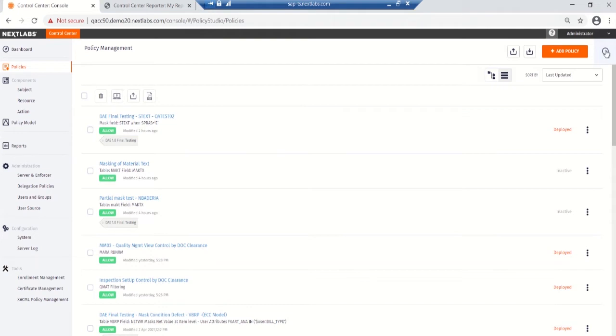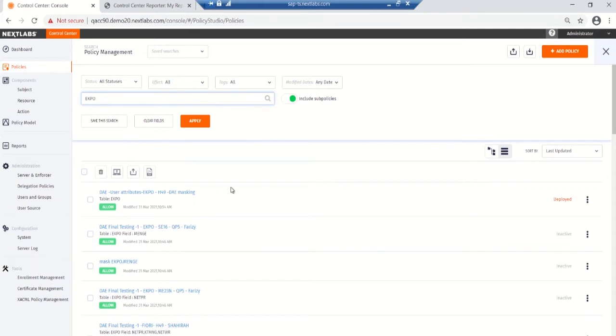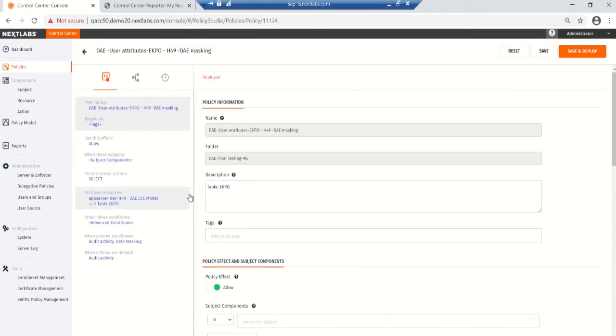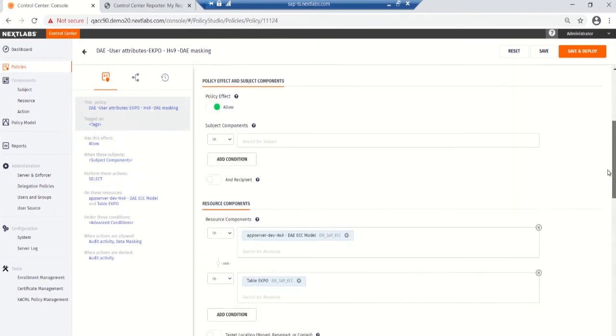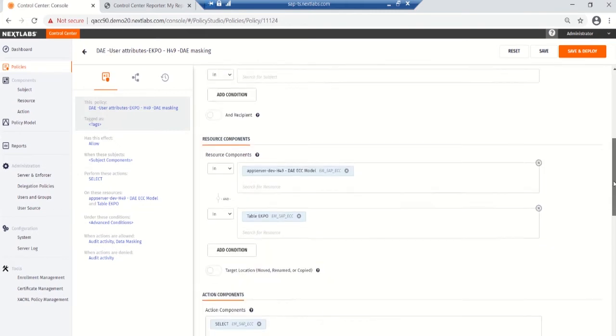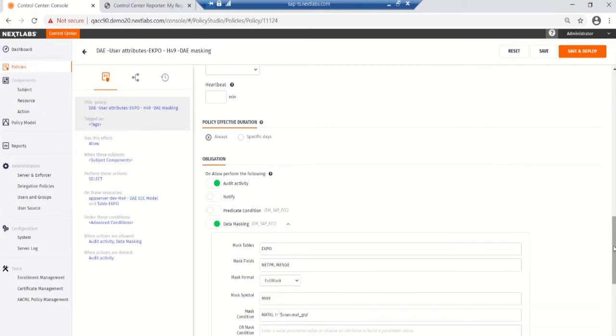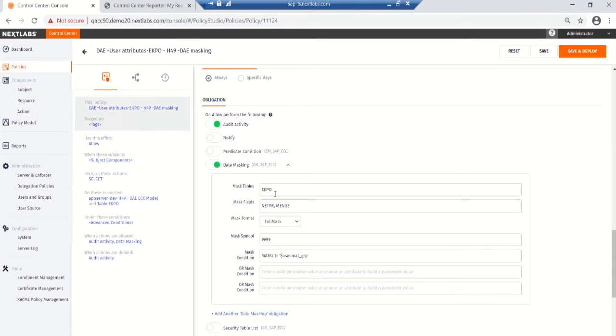So in here, I'm going to search for EKPO. That's where we have our policy. Here is the corresponding policy for this scenario. These are all basically the systems where this policy is relevant. So here this is saying that the resource we are trying to access is the table EKPO. If we look into the data obligation masking details over here, we can see that on the EKPO table, NETPR, which is the net price, and MENGE, which is the quantity, are both fields that we want to mask